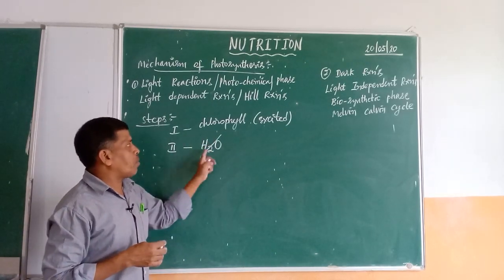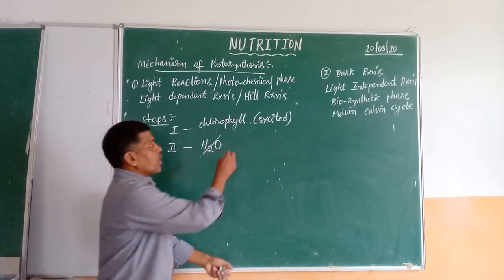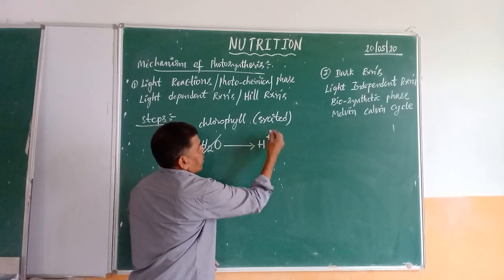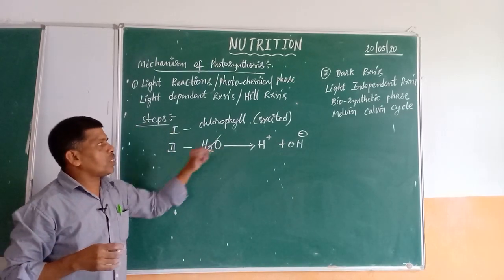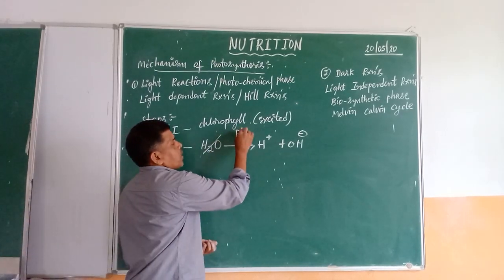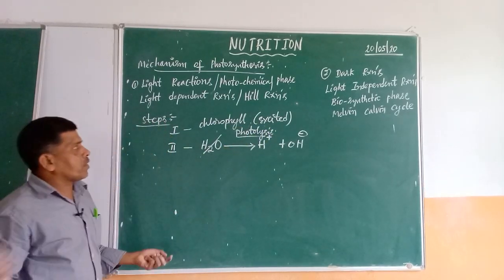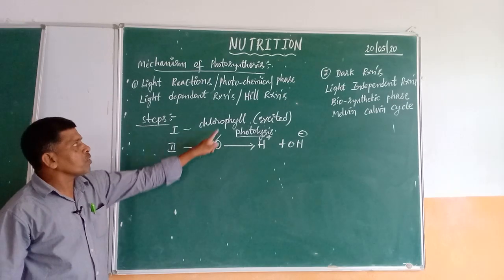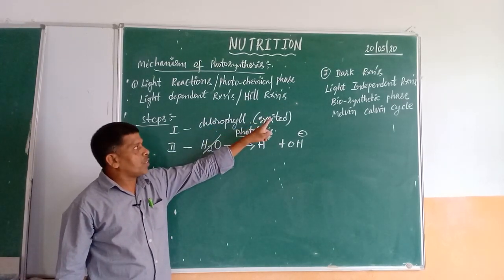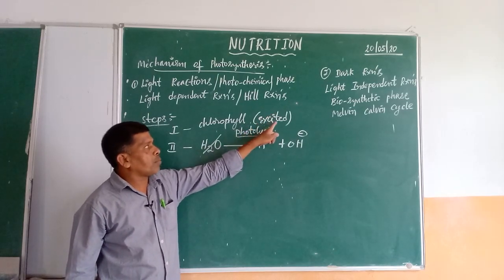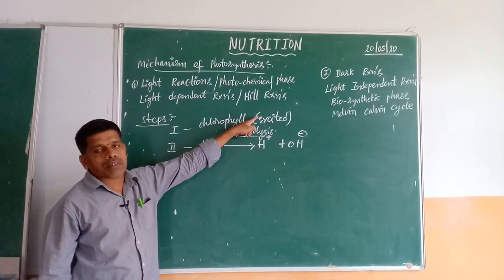This process of breaking down the water molecule by the highly activated chlorophyll molecule into hydrogen ions, H plus ions, and OH minus ions, that is hydroxyl ions, is called photolysis. This process is called photolysis. So who breaks the water molecule here? The highly energized or excited chlorophyll molecule, which has plenty of energy. The amount of energy here is the quantum amount of energy coming from the light particles called photons.